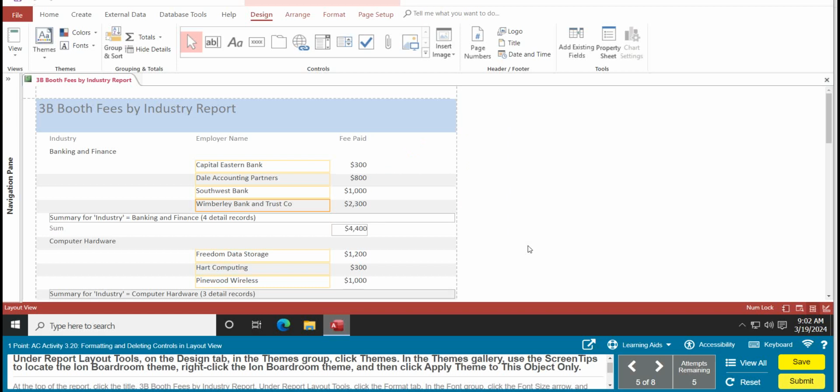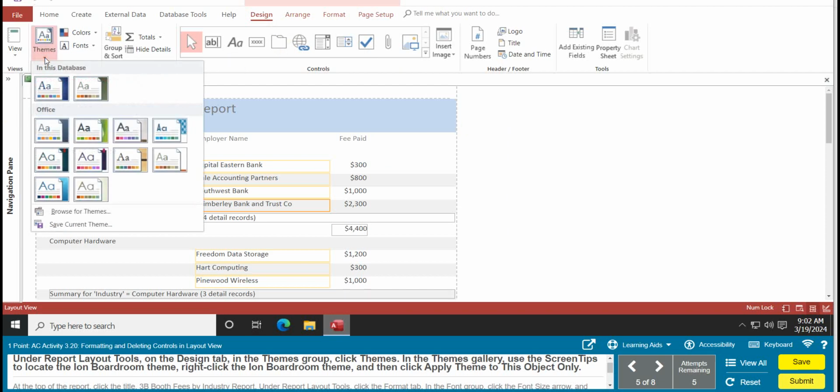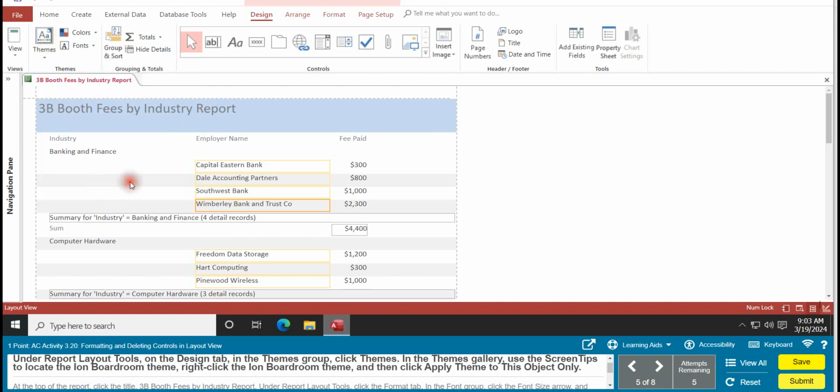On report layout tools in the design tab, once again the report layout tool is here. Design tab is already selected. And in the themes group, themes gallery, in the screen tips to locate the Ion boardroom theme. You want to right click on it when you find it. Where that one is. There we go. So it is. Right click on that, and you want to once again apply theme to the subject only. Then left click on that,